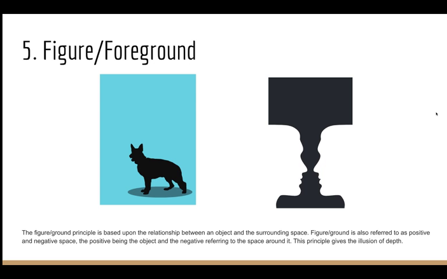And then figure and foregrounds. This is a really important one actually in terms of material design, which we brushed on yesterday a bit, and just adding depth and dimension to your objects or your designs. So the figure ground principle is based upon the relationship between an object and the surrounding space. Figure ground is also referred to as the use of negative space,